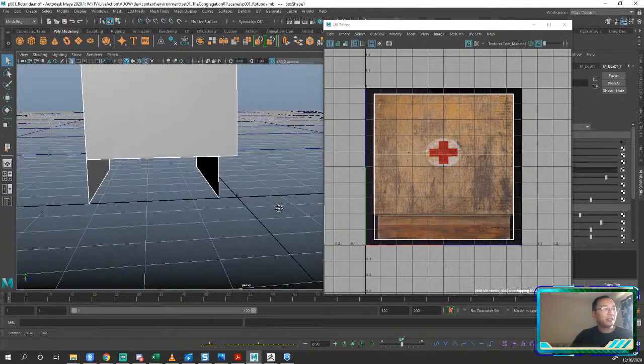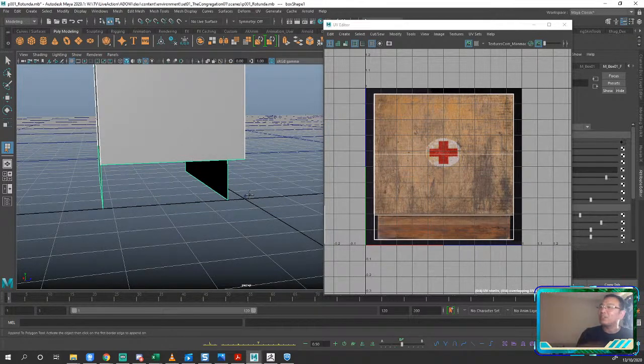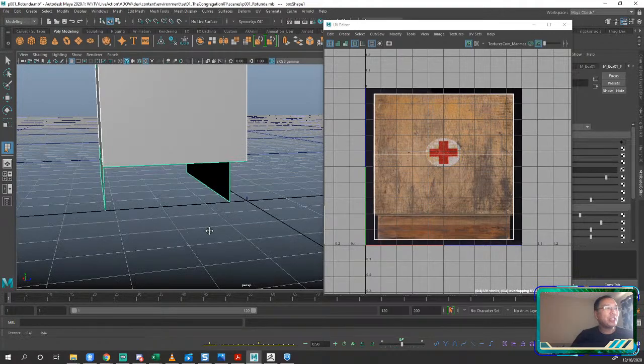So let me hit the G key to go back. The G key is a hotkey that just does the last thing that you did. I find it really, really useful. I know I'm throwing hotkeys at you. Every tutorial on the planet will throw hotkeys at you. So it's your job to catch them. But the G key just repeats the last thing you did, right? So the G key, I'm back into my append to polygon. Click on one edge, click on the